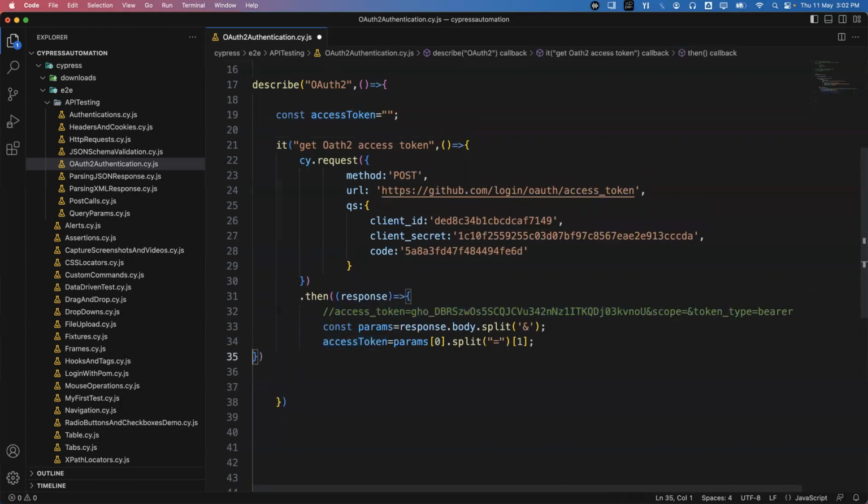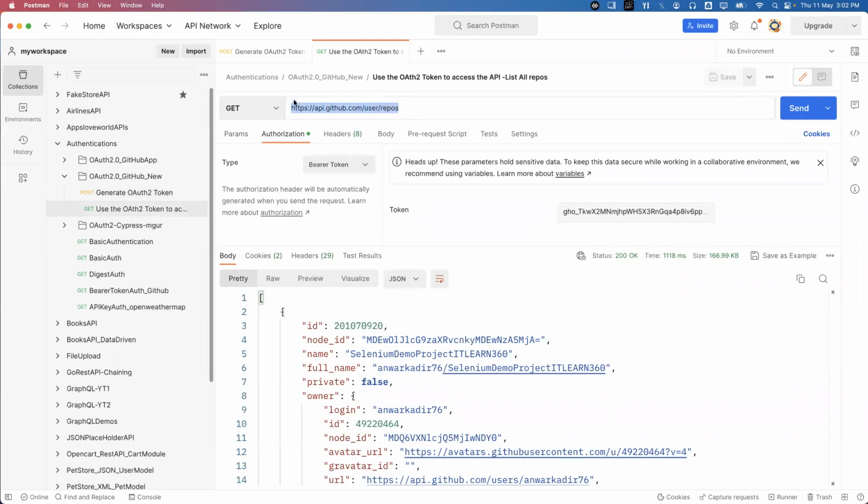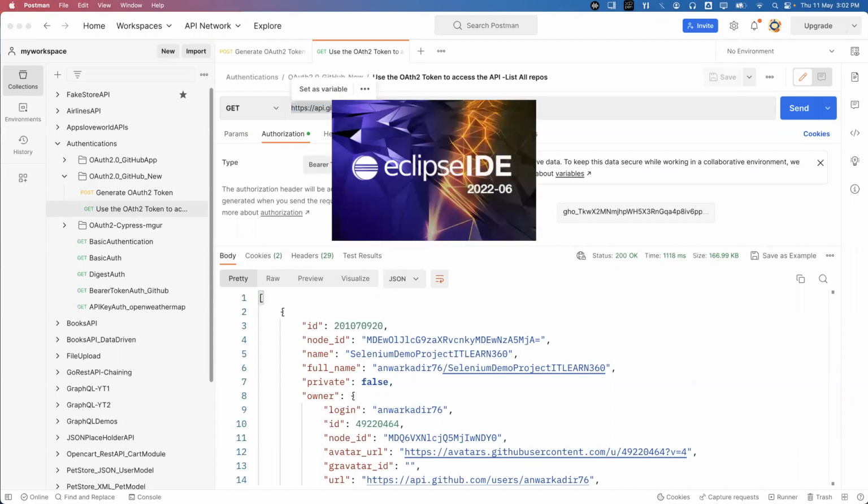So now what is the next step? We need to pass this particular token into the next request. What we have achieved so far is this one. We have successfully sent this access token request, post, along with the client ID and client secret code. Once we get a response, this particular token, we will use the same token for another request. Here we are getting all the repositories from GitHub, and for that, we are going to pass the authorization token as part of authorization. So this is the URL get request we have to send. That's the next step. So now if we go back,